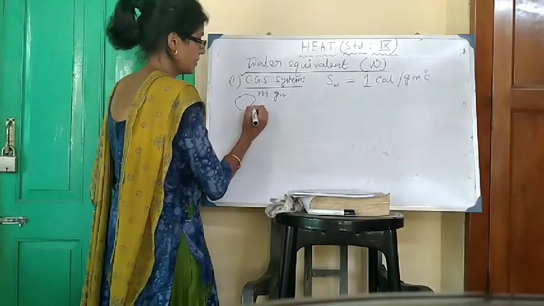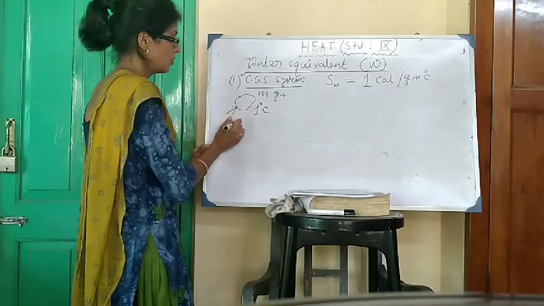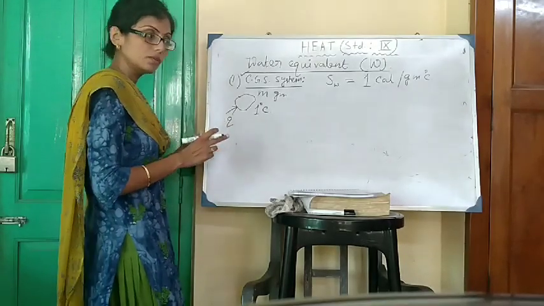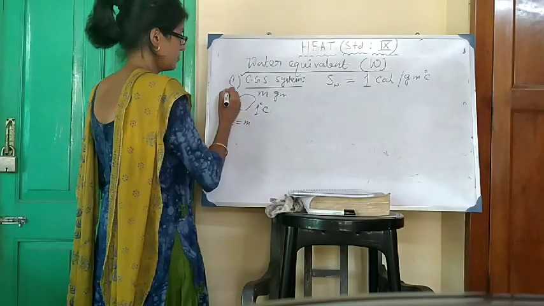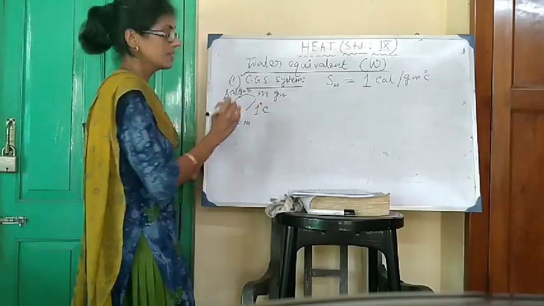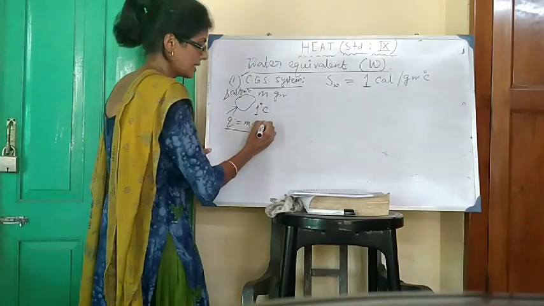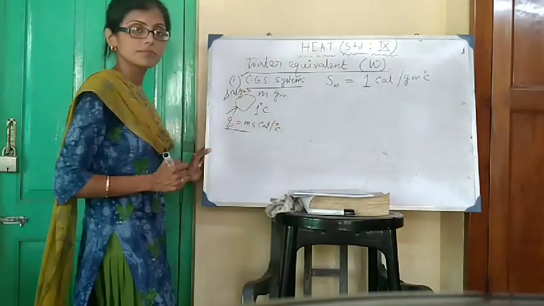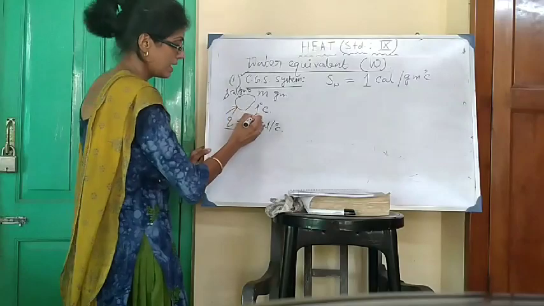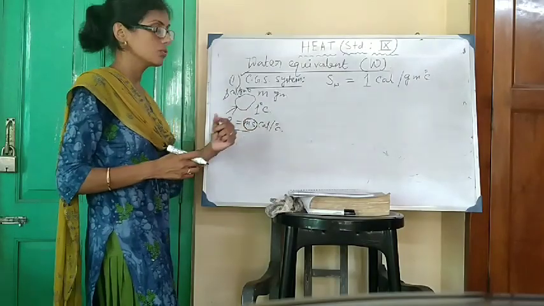Now consider a body of mass m in gram, since we are considering CGS system. Increase in temperature of the body is 1 degree centigrade. We are applying the heat Q from outside. So what is the unit of Q? Q is nothing but the thermal capacity of the body. So Q is equal to m s, and specific heat of the body is s, unit calorie per gram degree Celsius. Okay, so what is Q? Q is equal to ms, unit calorie per degree Celsius. Right? Now we are supplying this heat ms calorie per degree centigrade, means the increase in temperature of the body is 1 degree centigrade.